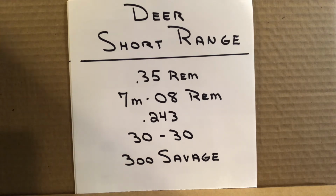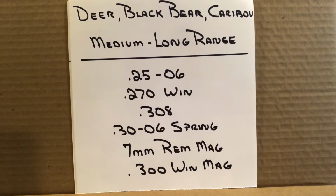Now when I went after deer, that's what I used, was 30-30, because I was hunting in the lower peninsula of Michigan, and it was scrub brush, swamps. It was short range. 30-30 came in perfect. Just used iron sights. It was a really good rifle for that. And then the last one there is 300 Savage, and a couple of guys that I hunted with actually used the 300 Savage. Medium long range deer, black bear, and caribou,